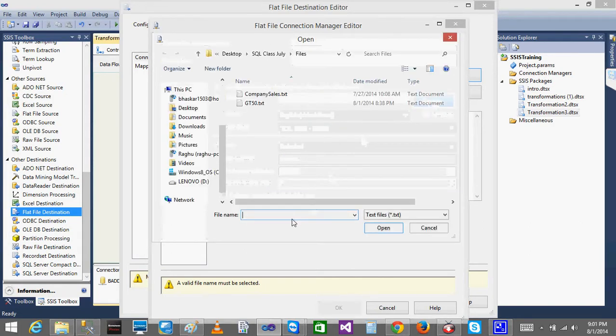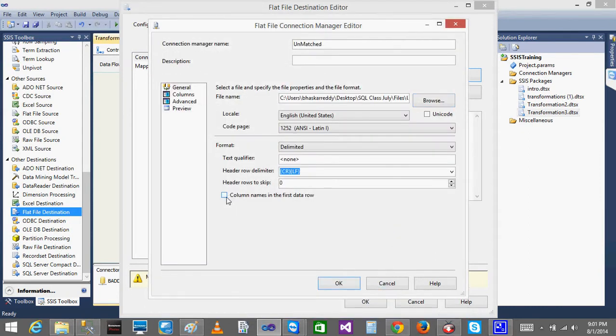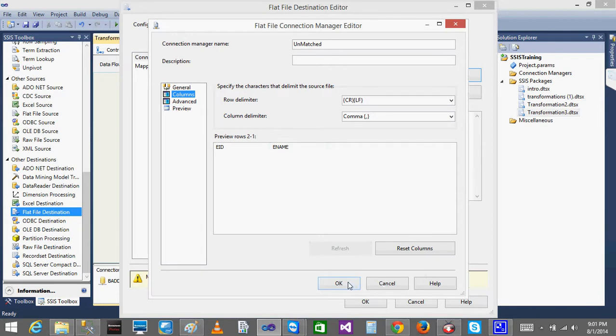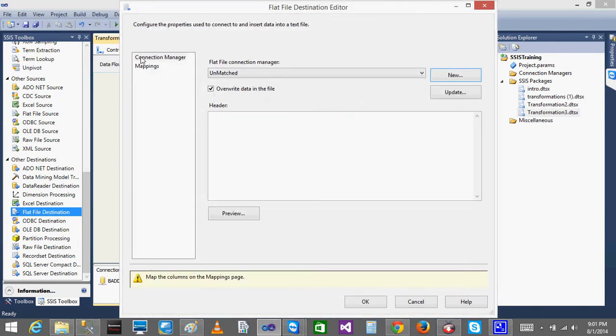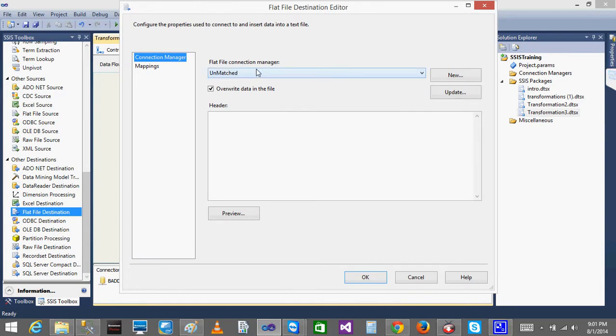Browse. I'll create as unmatched. Okay. Get the columns in the first data row. Columns, and okay, done. See, one more thing. When I do the unmatched,